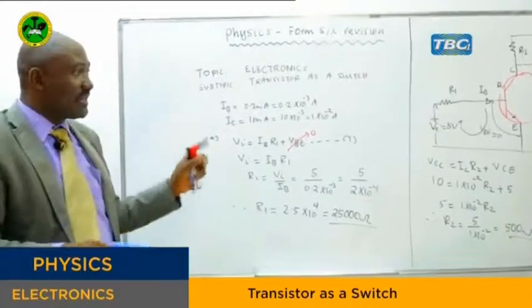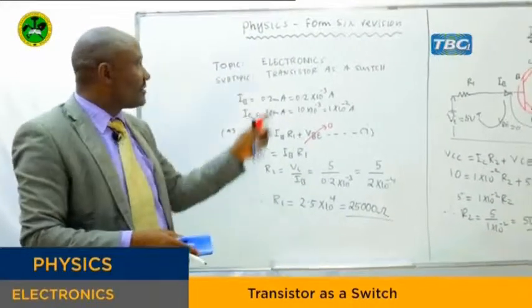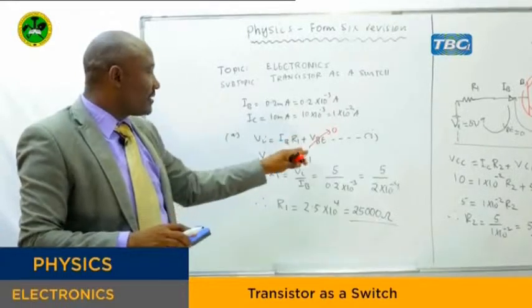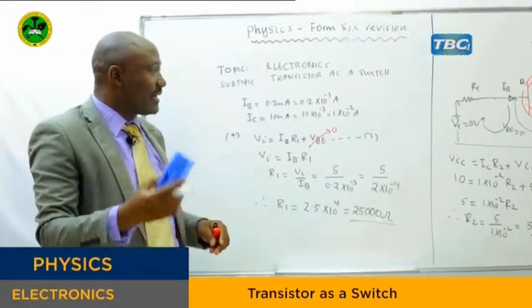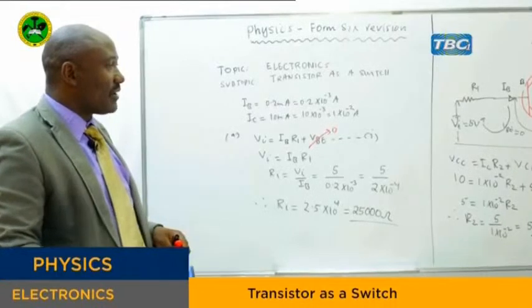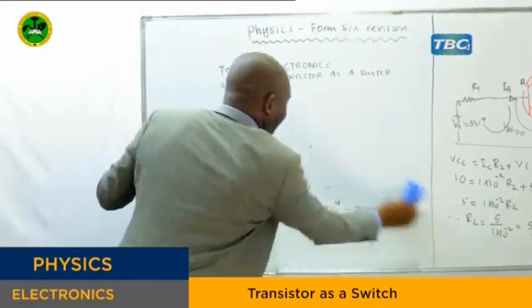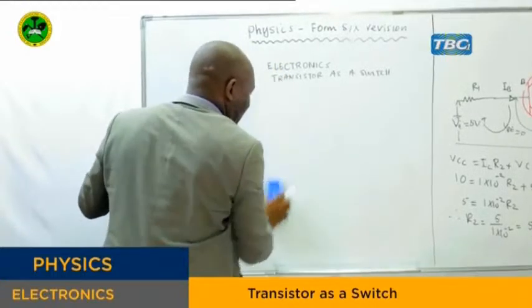This is what we discussed in the first part of this electronics topic, and we saw how to formulate these equations. From there you can find the current gain, voltage gain, and the power gain. Now let's see part B. Part B says,